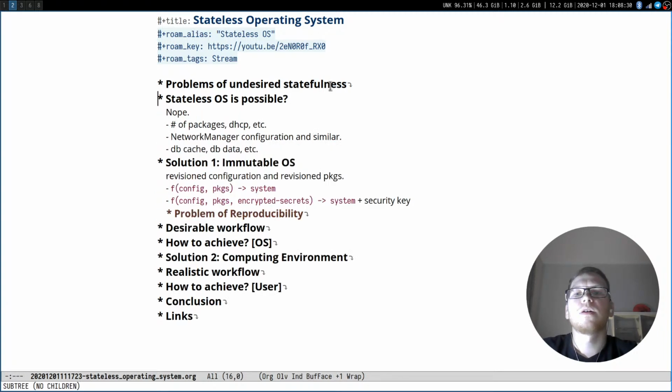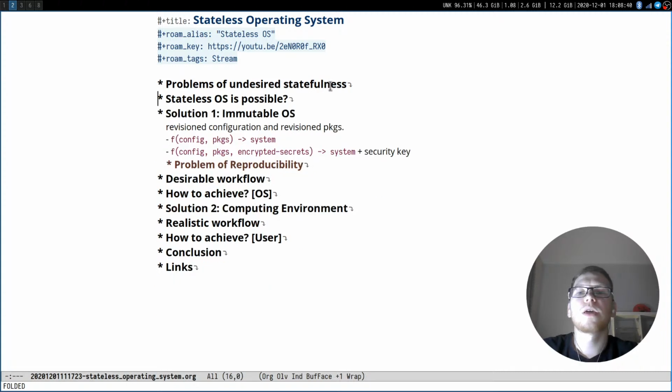For example, solving the first problem of storing some information of system applications, we can place it inside a configuration, and we can revision this configuration with some version control system, for example Git, and our